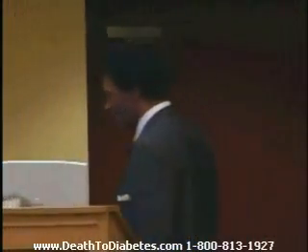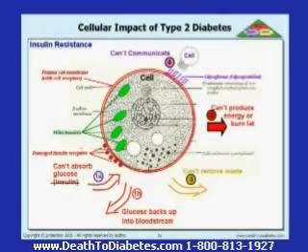Every person in this room already knows the answer to beating this disease. And once I give you the answer, you're going to go, I knew that. Because I'm going to take a wild guess and assume that everyone in this room got to 8th grade. And in 8th grade science class, we were taught about the unit of life. The unit of life is a cell. And when that cell is happy, you're happy. And when you're happy, you're healthy. But when that cell is sick, guess what? You're sick. And you develop diseases.